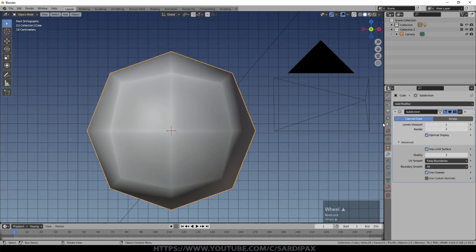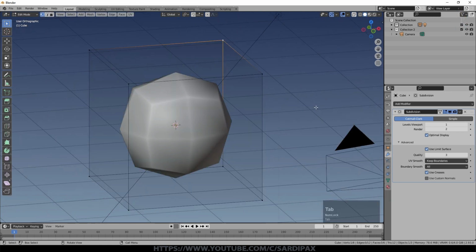So it gives you a better approximation of a smooth surface, or in the case of a cube with a subdivision surface added, the best approximation to a sphere with the number of subdivisions you've added. And this obviously is to do with how accurately it works out those subdivisions. I imagine it's doing something a bit like calculus on trying to work out where these points are. The rest of this is to do with how it deals with UV maps.